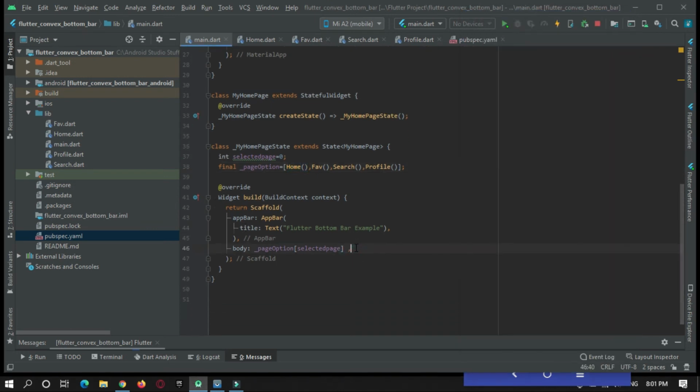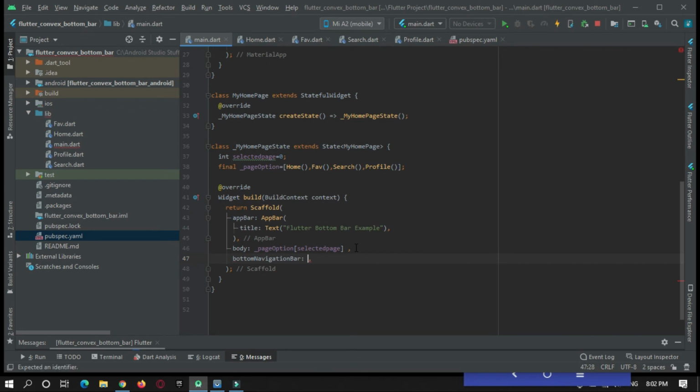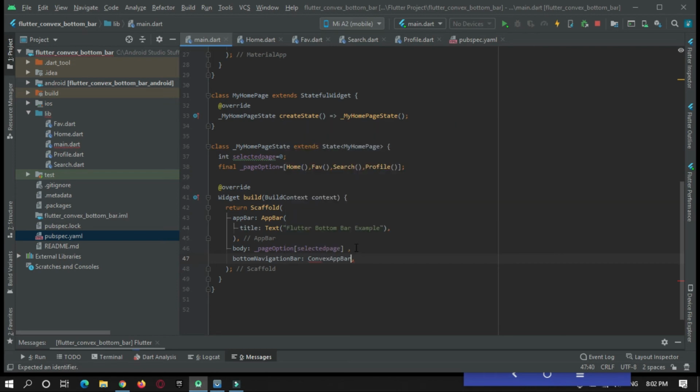After that we will create a bottom bar. For that, here bottom navigation bar, we will then use convex app bar.